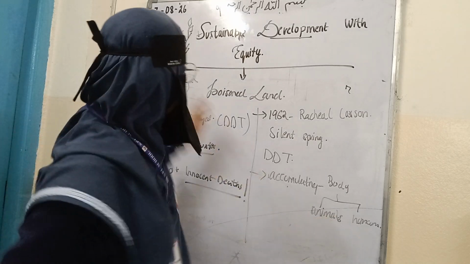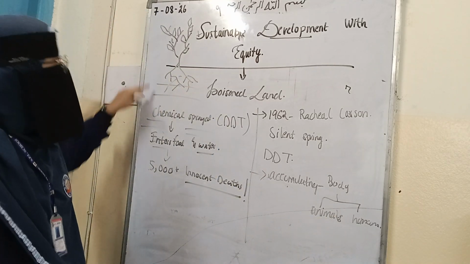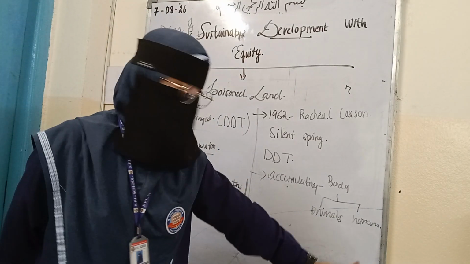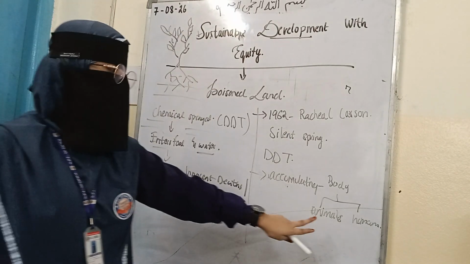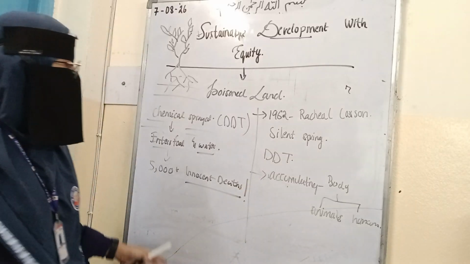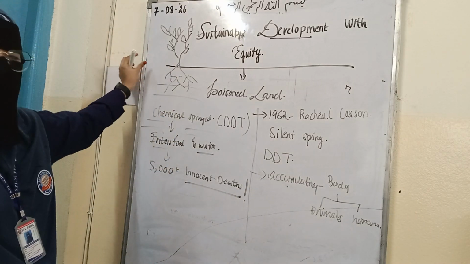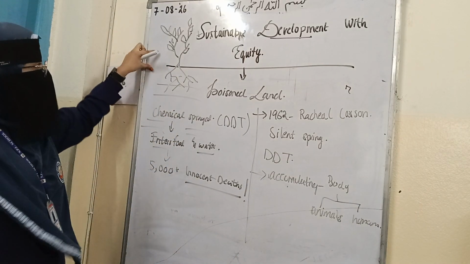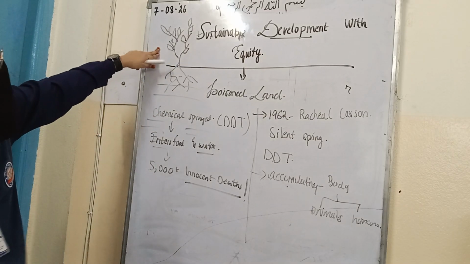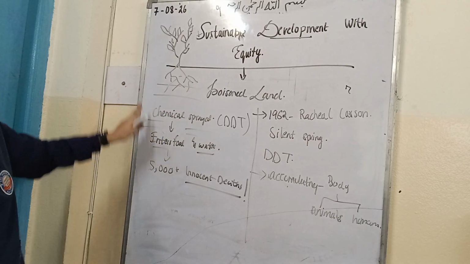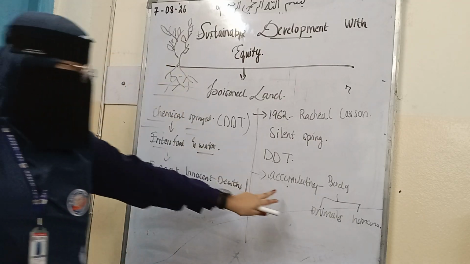Now, here, the ones using chemicals for their crops are us, we humans. But the ones suffering, the innocents, are the animals. It was even entering the food of animals, because the birds come to the crops for their food, right? When they ate food that was already poisoned through the chemicals, they were dying. And it was